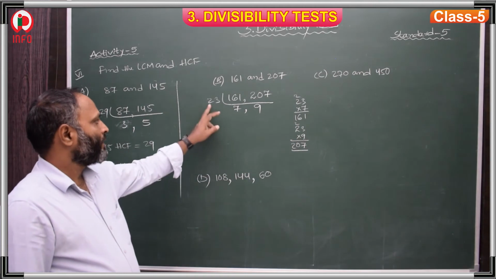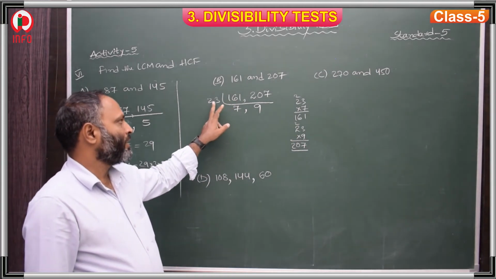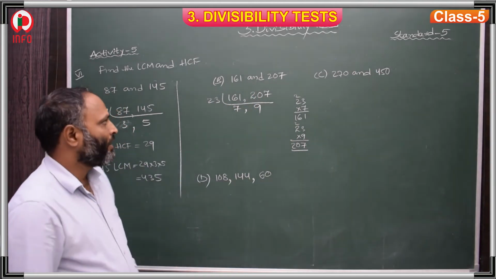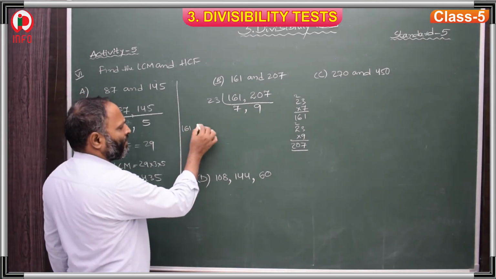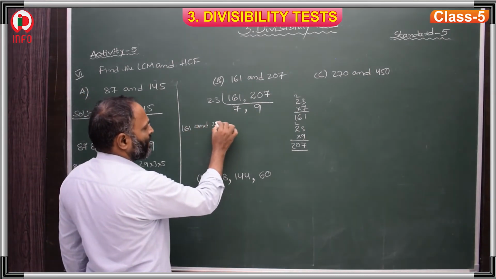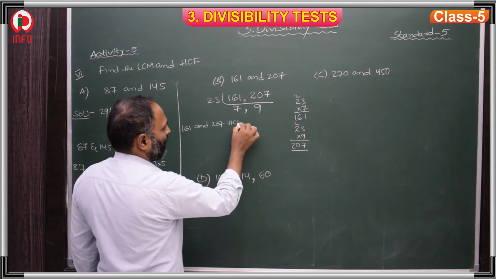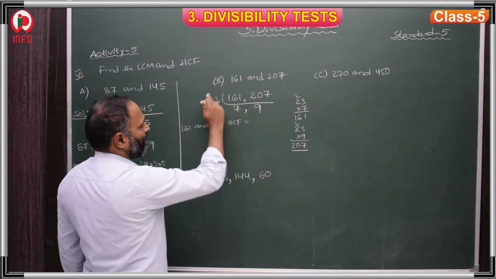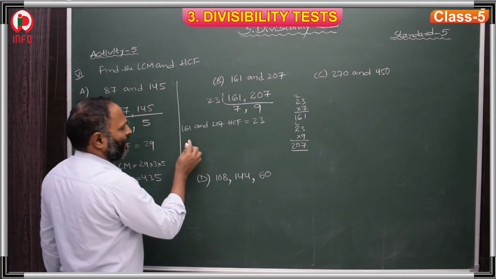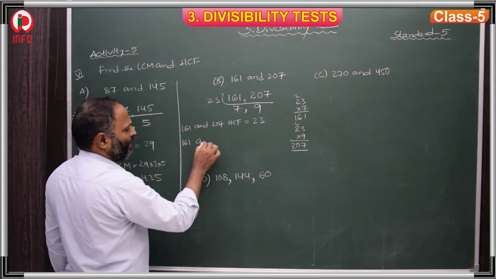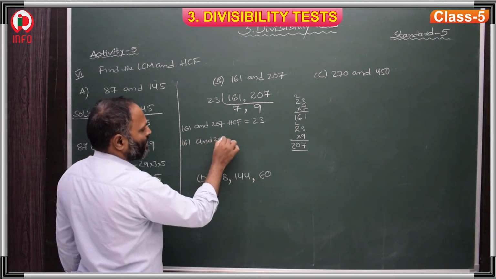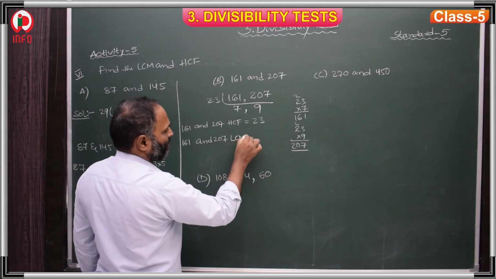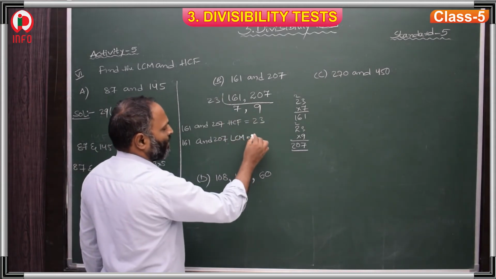Then 23 times 7 is 161, 23 times 9 is 207. Therefore, for the HCF of 161 and 207, in which common table do they divide? 23. So the HCF is 23. Then for the LCM of 161 and 207,